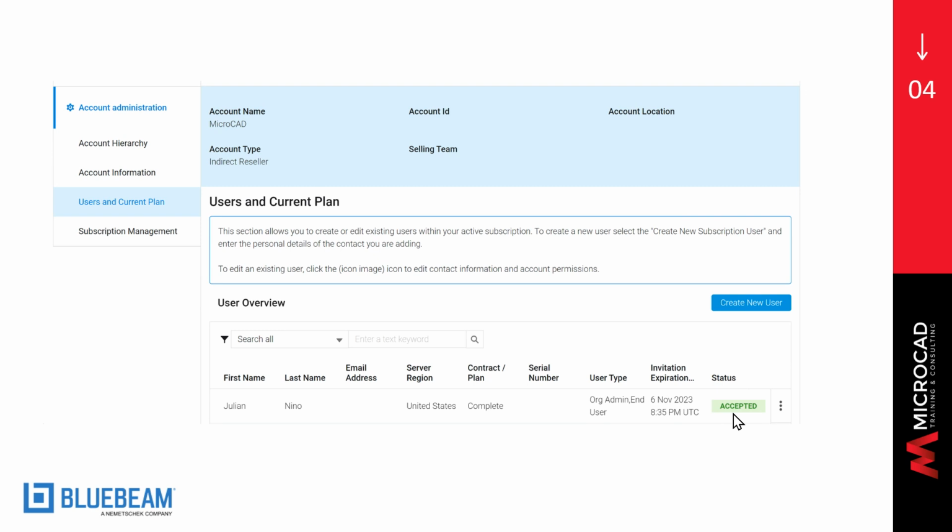If you do not use the portal to access your seats or to accept the invite, what is going to happen is that it's going to expire. In some instances, to give you an example, if we are your reseller, you can get in contact with us, and we can ask Bluebeam to do a quick resend of that invite. But you can also try to do the same. So you can log into the Bluebeam